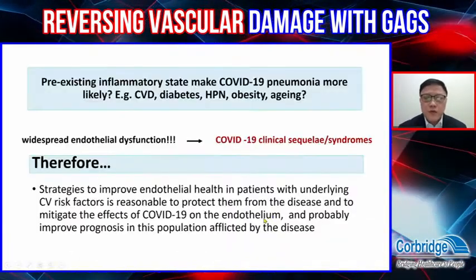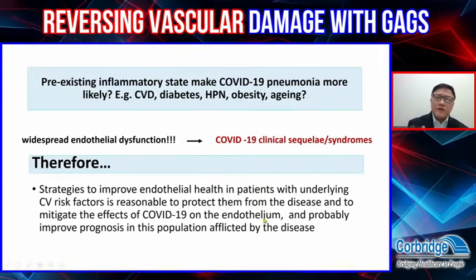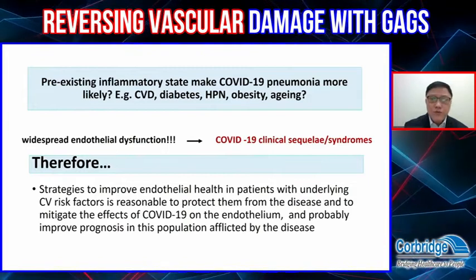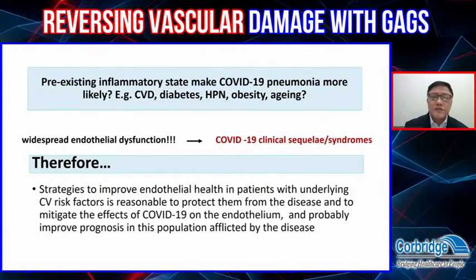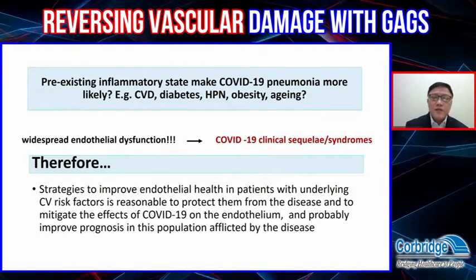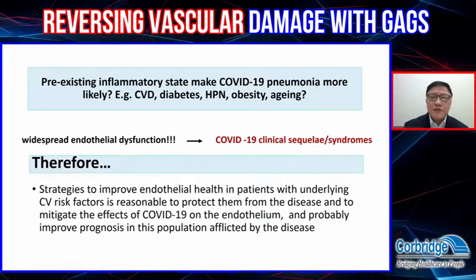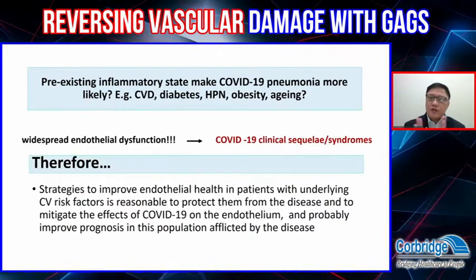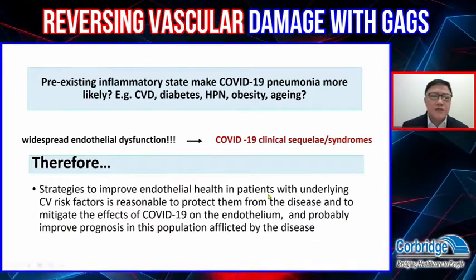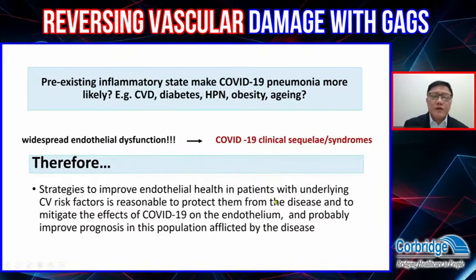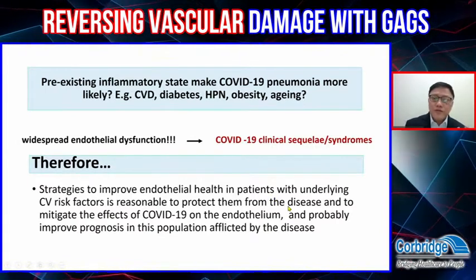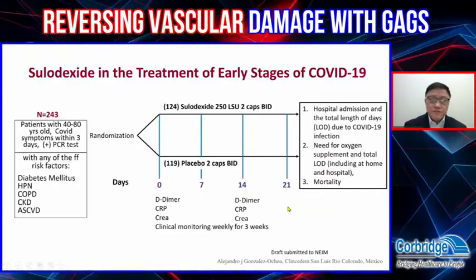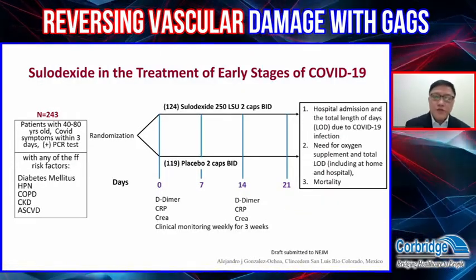Therefore, what I'm saying here is that COVID-19 pneumonia is not purely pneumonia, but also a vascular disease. And importantly, it becomes manifested in people with cardiovascular disease, diabetes, hypertension, obesity, and aging. So there is a need to protect the endothelium before you get COVID-19. So I'd like to share with you this